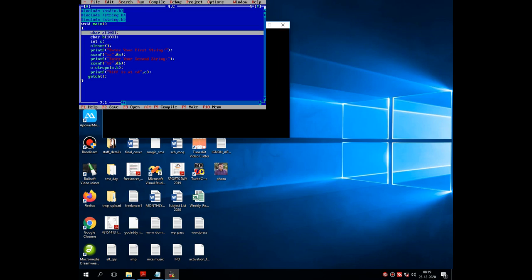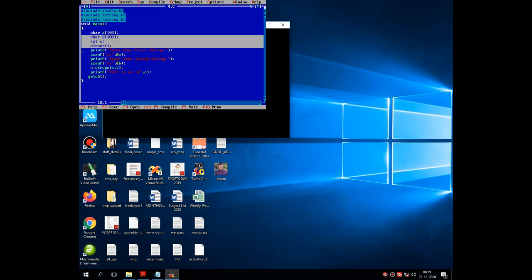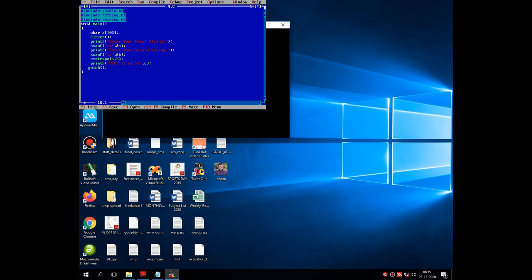For making this program live, first I am accepting one string from the user. For that, I am initializing a variable called a with size 10, of data type character. Then after the clrscr function, there is a label which instructs the user to enter their string. That means the message is "enter your string".